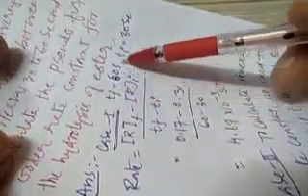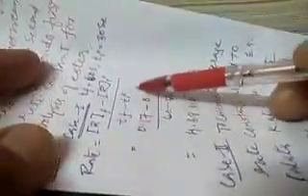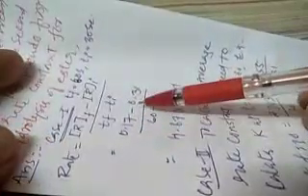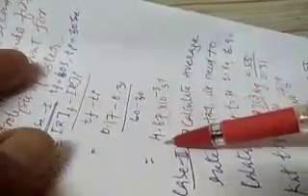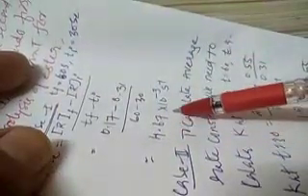So here we have T final is 60 second and T initial is 30 second. We have the formula: rate is equal to R final minus R initial divided by T final minus T initial, that is 0.17 minus 0.31. This is the value that we have taken from the table, divided by 60 minus 30, and ultimately we get 4.67 into 10 to the power minus 3 second inverse.